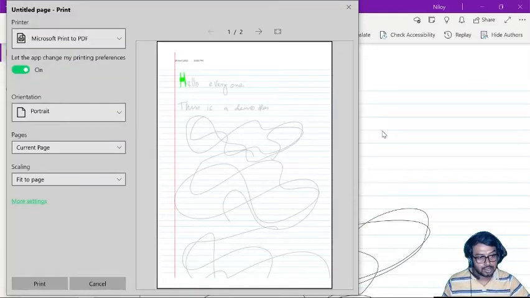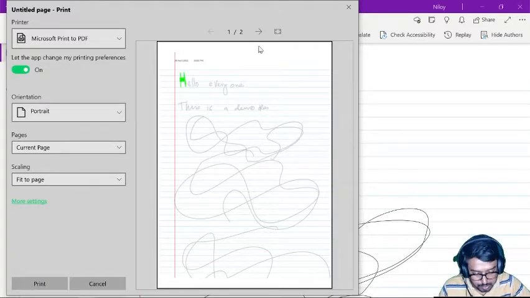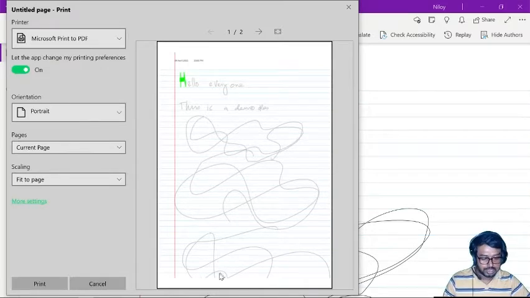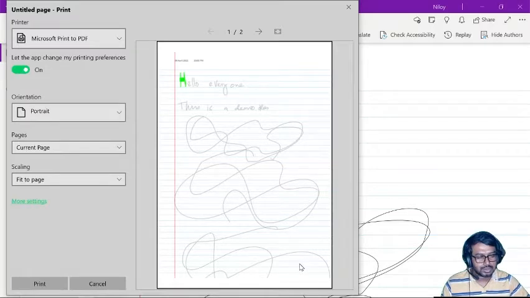You can have the Control P option also. Now we have the page preview here. Unfortunately, for a huge diagram, it is sliced in between, which is not acceptable for zoology or botany classes, because a diagram means a lot.